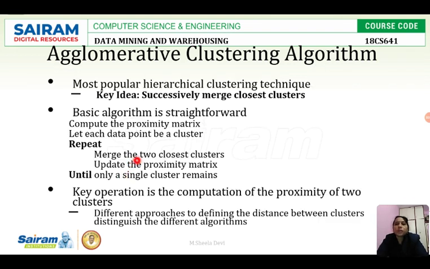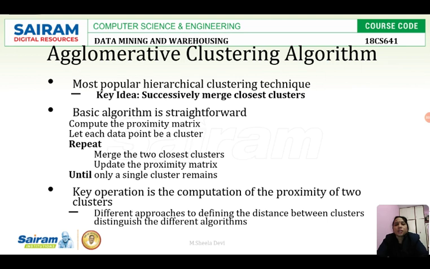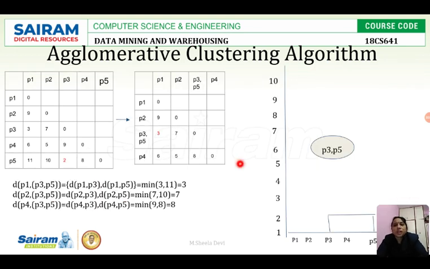See, whenever you are merging two clusters or two data points, again what you have to do is update the proximity matrix. So I found that these two data points have minimum distance, so I am clustering these two data points into one cluster. I have merged these into one cluster. So after the merging is done, I have to create the new proximity matrix. So I am merging P3 and P5 as a single row, and again I have to